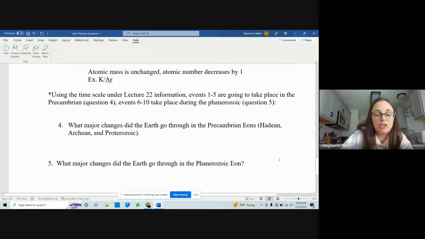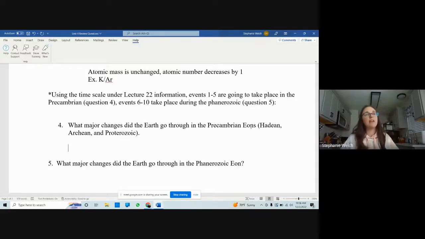So what major changes did the Earth go through in the Precambrian eons? The Precambrian eons are everything that came before the Cambrian time period. The Cambrian time period is the first time period within the Phanerozoic eon. It's the beginning of the Paleozoic and the beginning of the Phanerozoic. And it marks this really big shift in geologic time because that's when large organisms started to become preserved